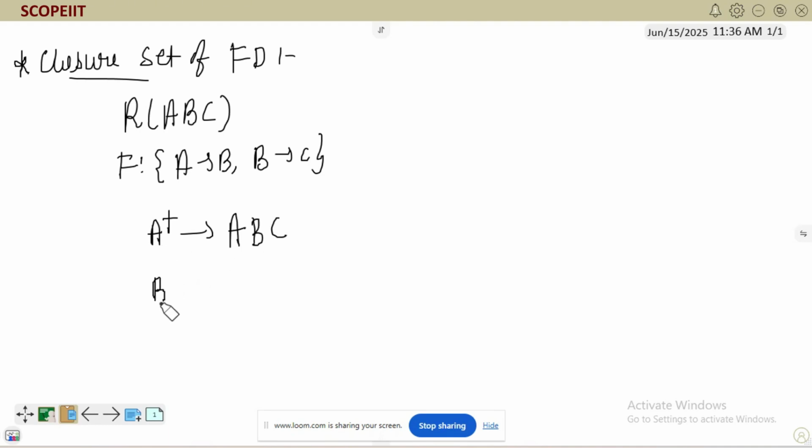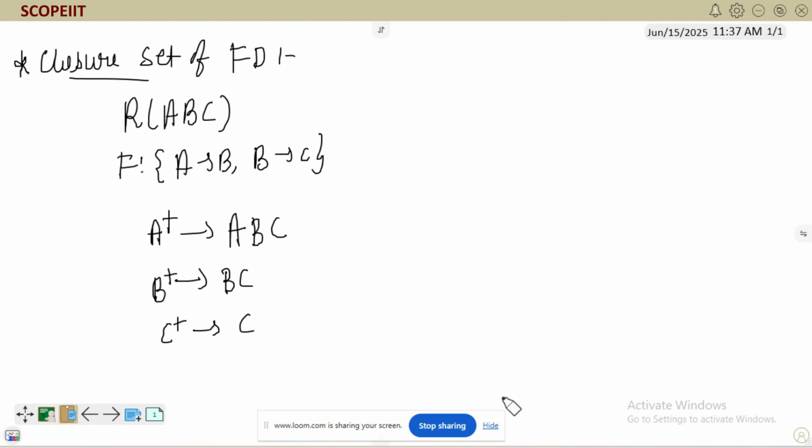Now check for the next one. Tell me the closure of B. First of all, reflexive property, B itself. Then you can check from B, I can get C. Can we get A from here? No, A is not possible. And if I tell you what is the closure of C? Tell me what is the closure of C? Closure of C is empty? No, closure of C is C because of reflexive property. This type of question, many times they'll ask in exam, so you should take care of this one. Now I hope it's clear.